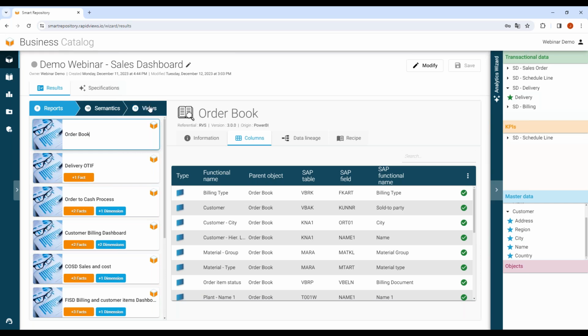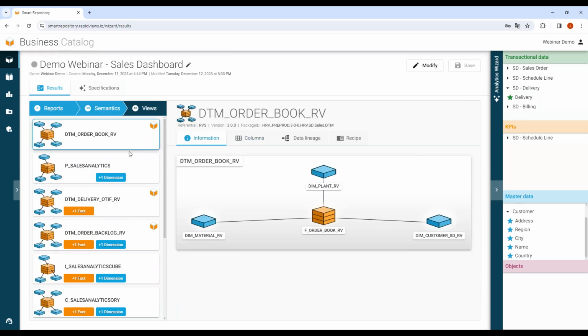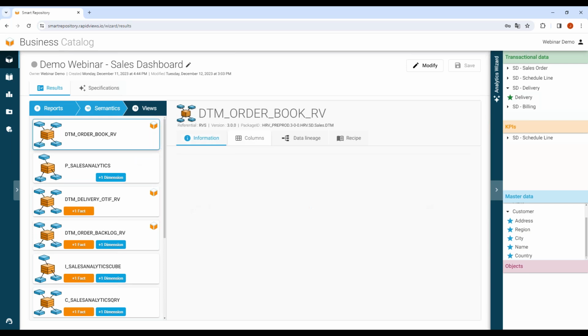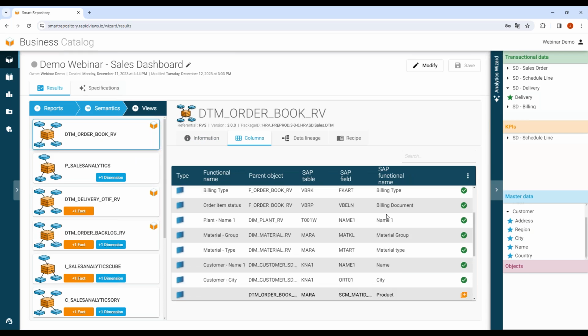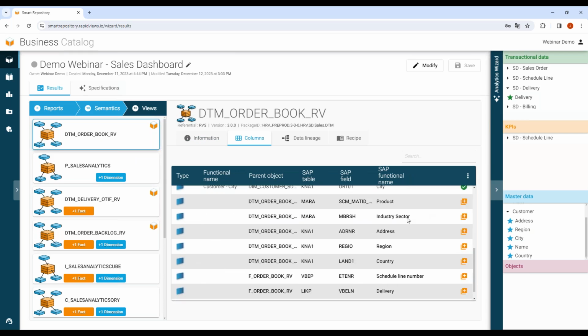Exactly. So you switch to views, because that means that on the technical side, some information has to be built or imported to be able to answer this functional question, right? Yes. And in this case, I have one view that corresponds; if I open the columns, multiple columns are green and other columns are orange.